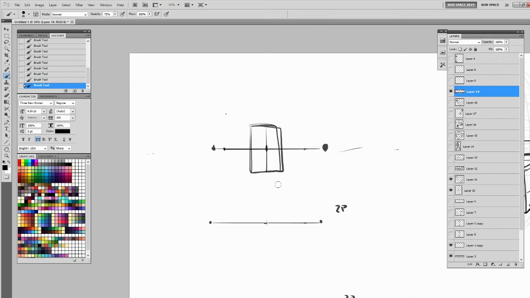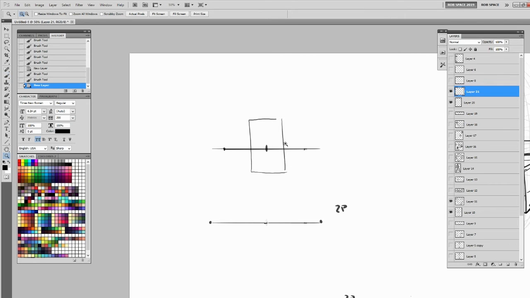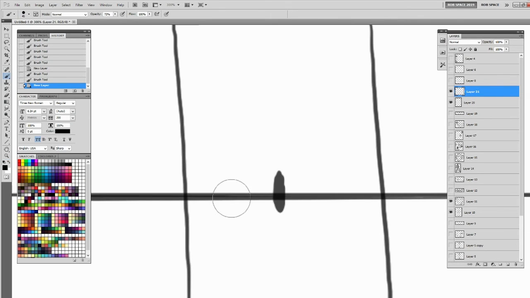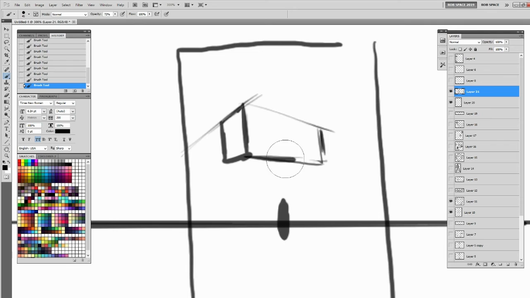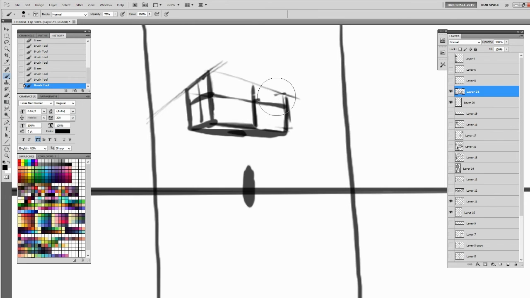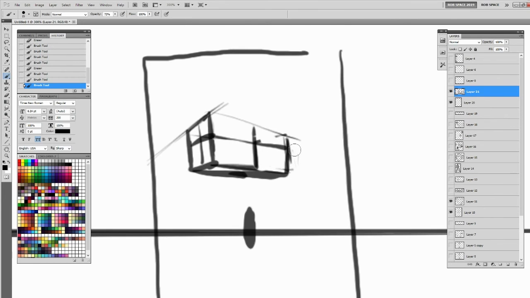Then you ask me, well, does that mean you have to draw a horizon line way off the page? The answer is no, you don't. Even if you have the horizon lines off the page, all you need to do is zoom into the page, have a rough idea of where the horizon line is, and then let's just say I go and create a desk, right? All I need to do is make lines perpendicular to one another. So I know here, and then I know where center is, and then everything else goes in relationship to those lines. So if I was going to draw a waste paper basket here, I know that these are all going to be,